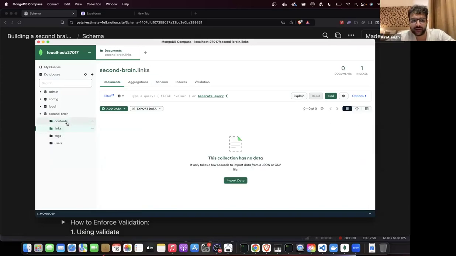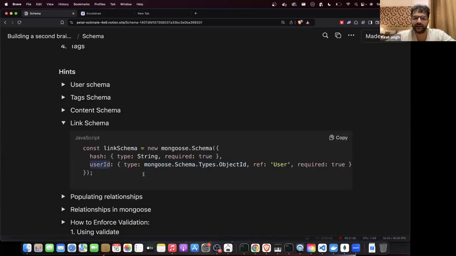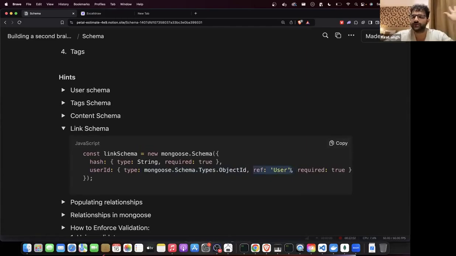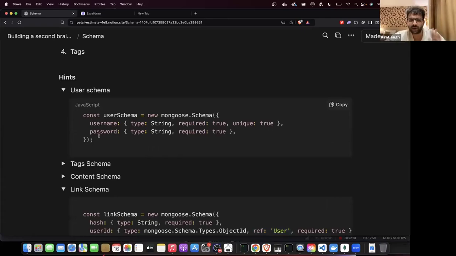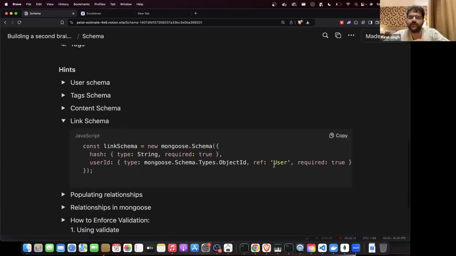And if you look at the user ID here, that is also an object ID. Similarly, the user ID here का type होगा object ID. And here comes the most important bit. Ref user. कि this refers to the users model. जो यूजर स्कीमा हमने लिखा है यहाँ पे, इसके बाद हम इसका मॉडल भी बनाएंगे अगर आपको याद हो तो. जो मॉडल में जो नाम होता है वही यहाँ दिखता है. And I am saying, यार, I refer to the users model. ये जो यूजर आईडी है ना, ये वहां पॉइंट करती है.